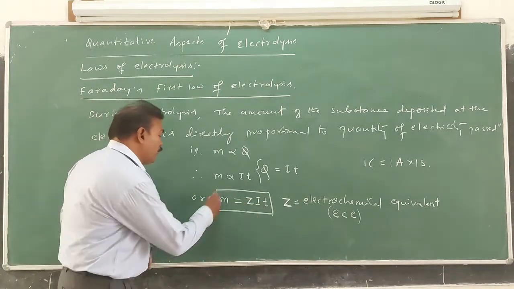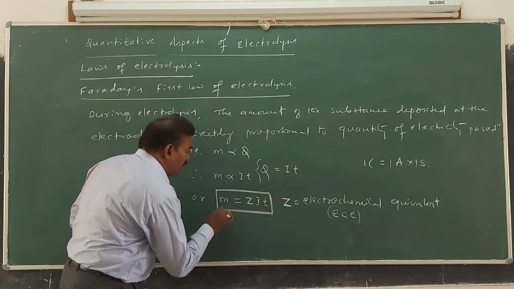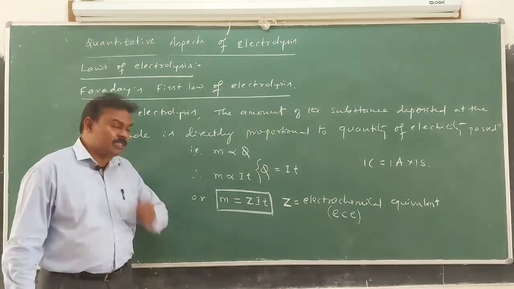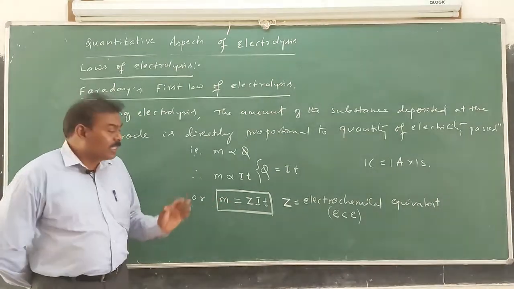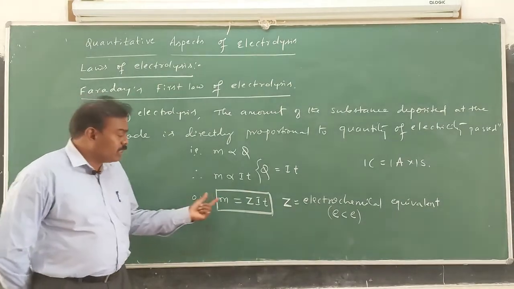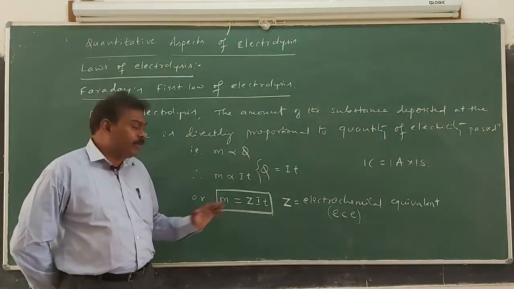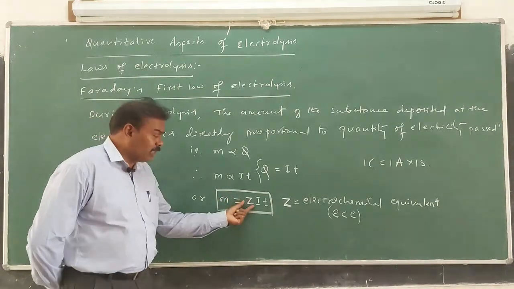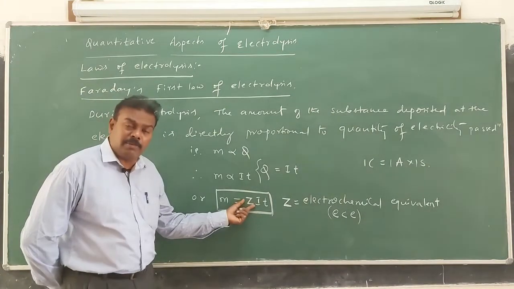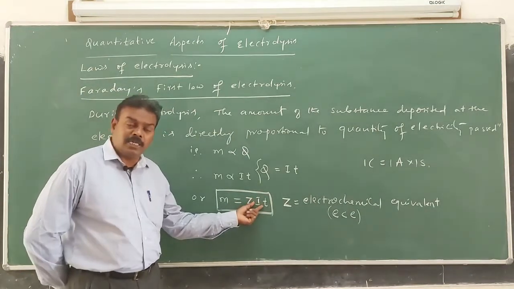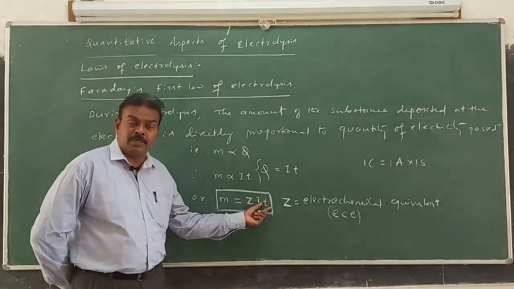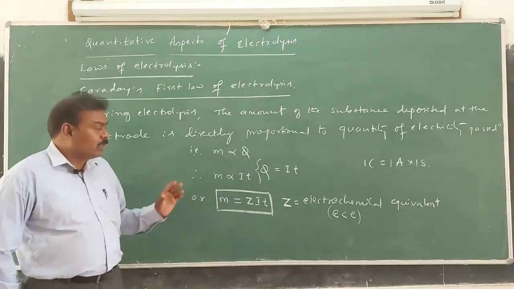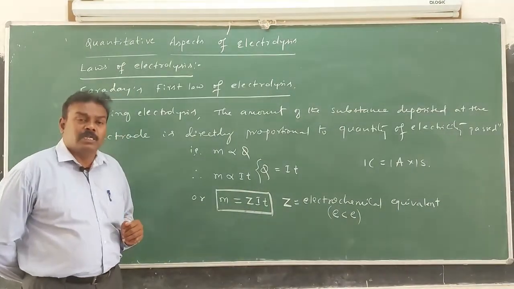So this is a very, very important relation regarding electrolysis, or Faraday's laws of electrolysis. Based on this relation, there will be some numericals. That is why we should know the relation carefully. Any one variable can be asked by giving the other variables. So we can find the mass of the substance deposited, or the Z value, that is the electrochemical equivalent. You can even find the current strength, I, or the time in seconds. Any variable can be calculated using Faraday's first law of electrolysis.